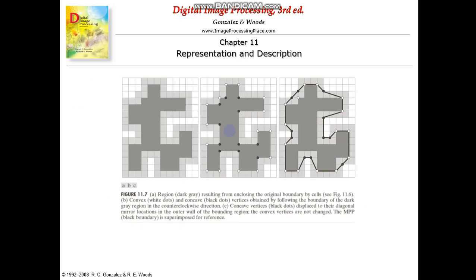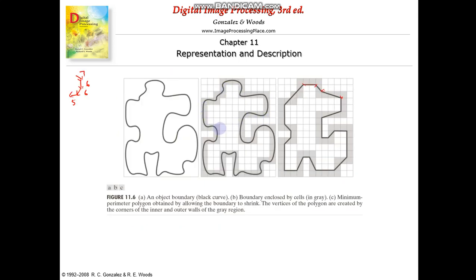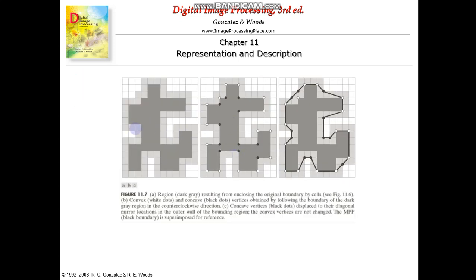For that we are taking the same grid structure. This light gray is the same boundary as in the previous figure, which represents the shape of the curve. We have an outer region, that is the white grid, and an inner region. The boundary of the inner region is this. This is the boundary, and we have a set of vertices here. Mark each vertex. Then categorize each vertex into convex vertices and concave vertices.